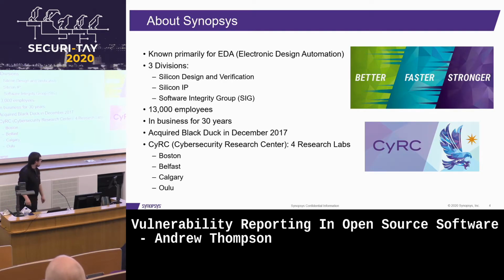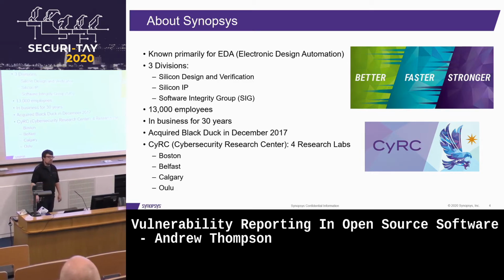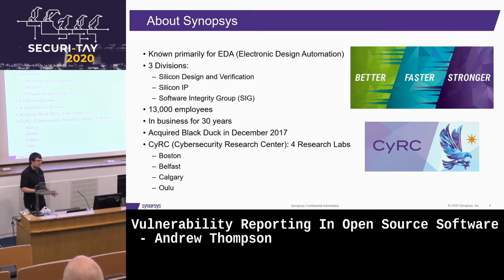So now I'm going to talk a bit about Synopsys. I think this is the second year that Synopsys have done an opening keynote. So how many people have heard of us? Yeah, tons. Right, so if you ask that question anywhere else, people would be looking at you with blank faces,